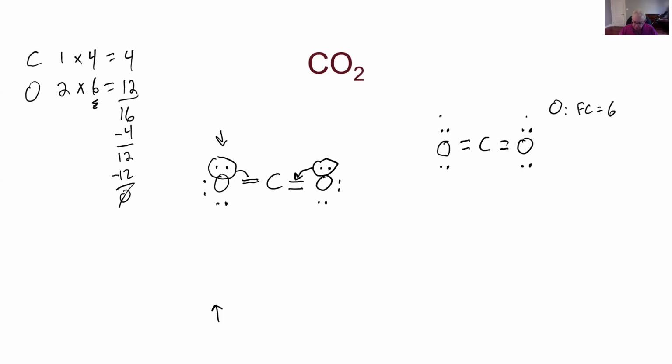There's 4 dots around it, so I'm going to give it 4 for those, and I'm going to count 1 electron for each of the 2 bonds. That makes 6, so I have 6 minus 6, and that equals 0, right? If I did the carbon,